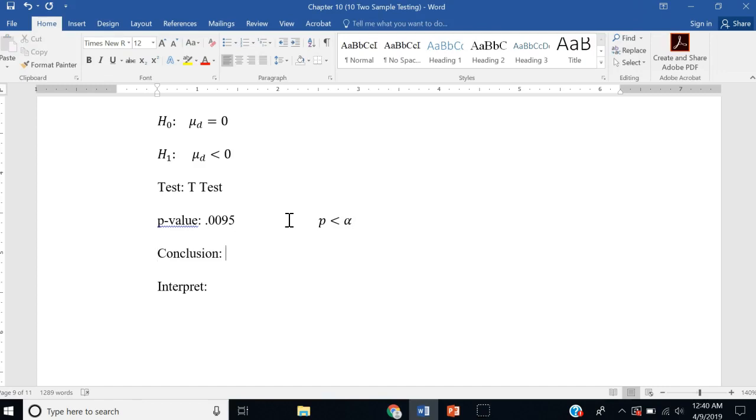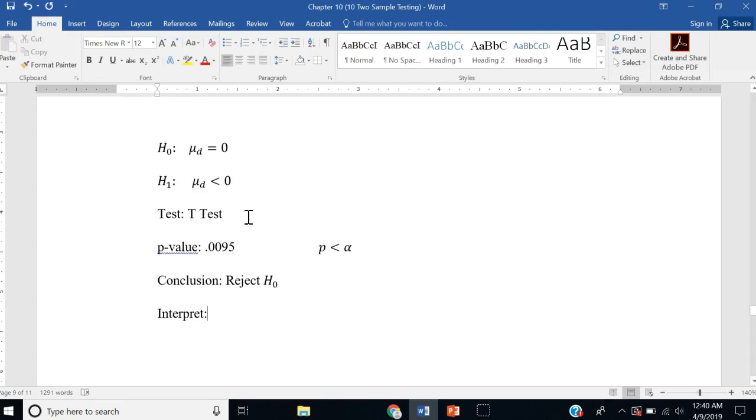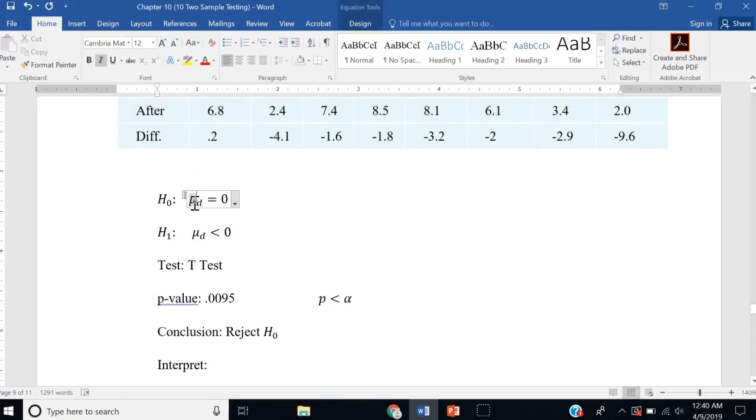So every time p is less than alpha, we reject the null hypothesis. Now again, when we reject the null hypothesis, we say the null hypothesis is wrong, so the alternative hypothesis must be correct. And what we would say here is that on average,